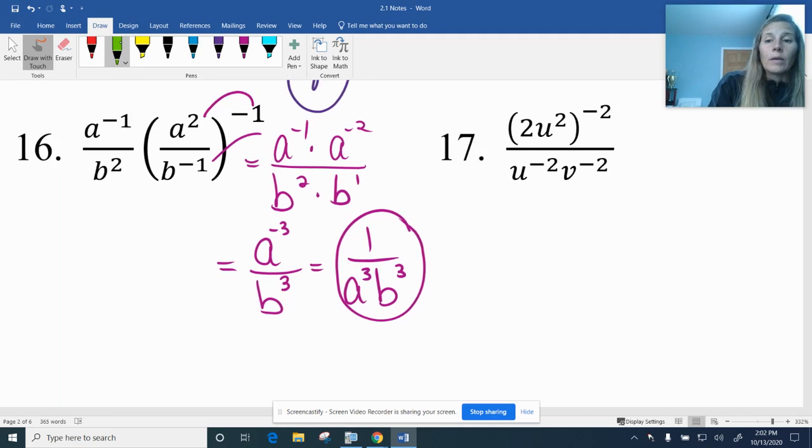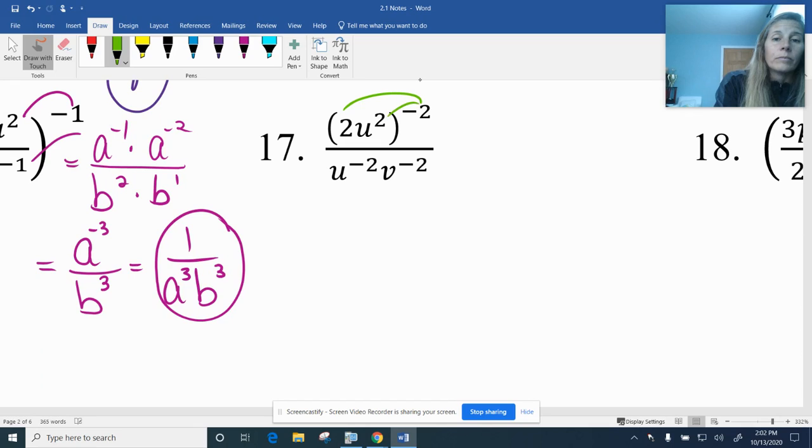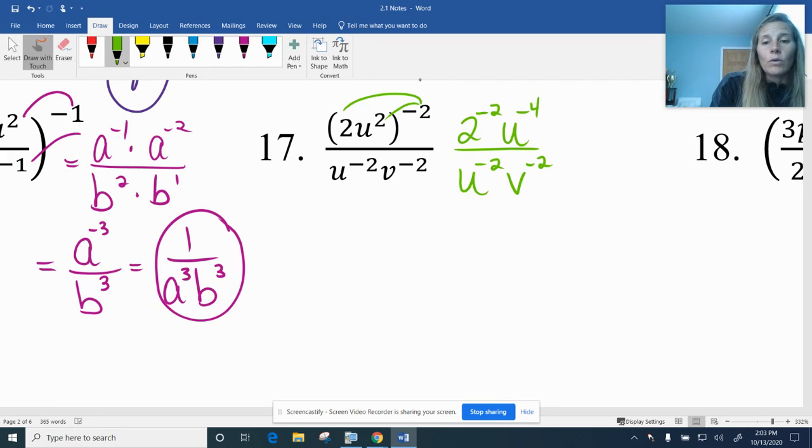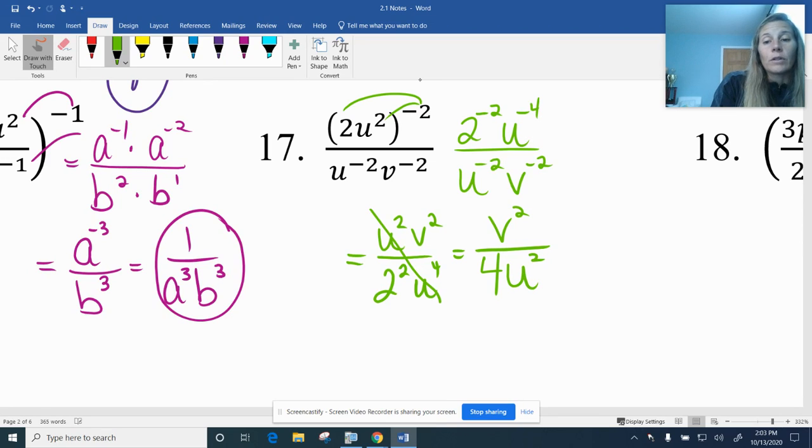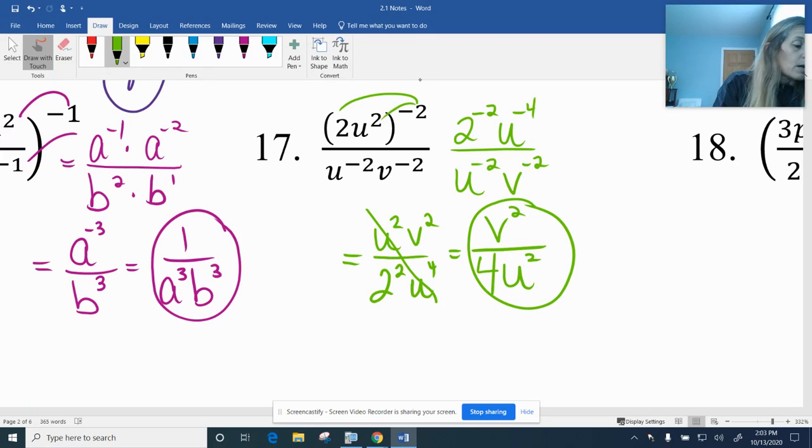Okay, number 17. 2 to the negative 2, u to the negative 4, u to the negative 2, v to the negative 2. So all of these are going to flip to become positive. And now I have these two can subtract, right? So if I have 2 u's on the top, 2 and 4 on the bottom, I'm going to have 2 left on the bottom, and the 4 and the v squared stay. And then my last one here,